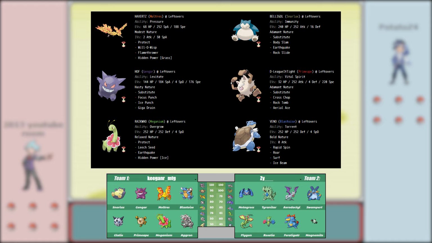Here we have Hidden Power Grass for that Swampert. And then we have a lot of Substitute on this team. This team can get really caught out by a lot of key switches on my opponent's team. So I want to leverage Substitute as a way to prevent my opponent from getting aggressive on me, and I